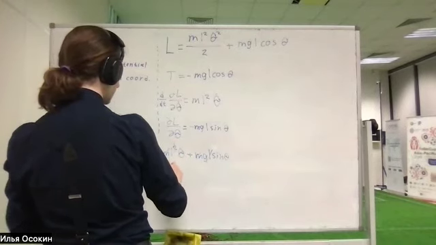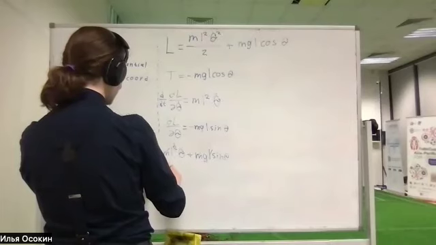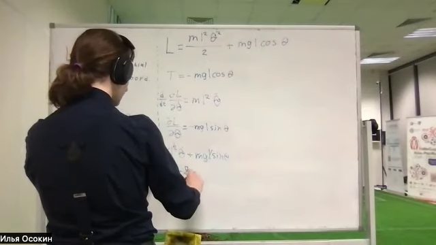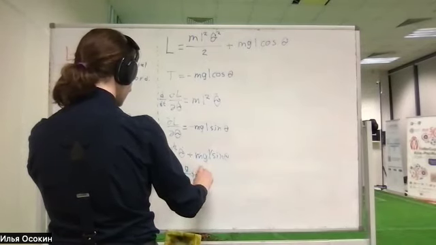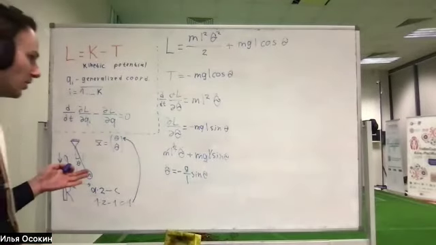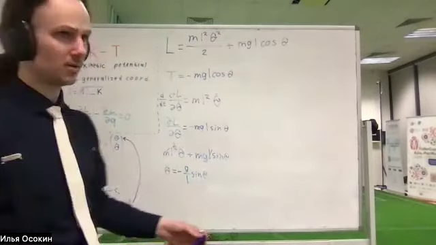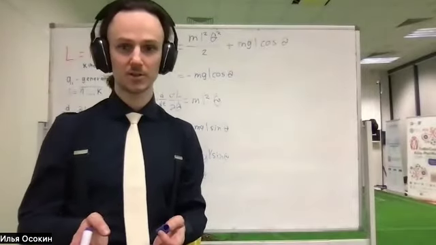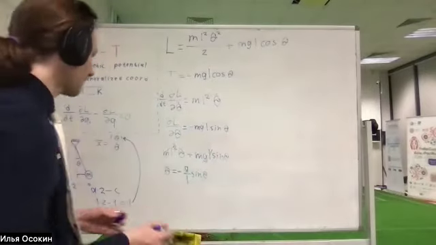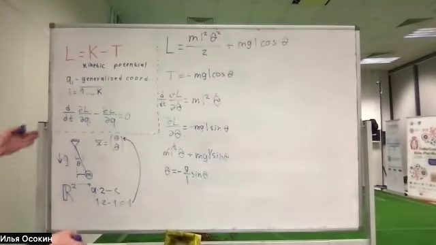And finally, we come to the following differential equation. Theta double dot is equal to minus g over L sine theta, which is the nonlinear, full differential equation of motion for a simple pendulum,